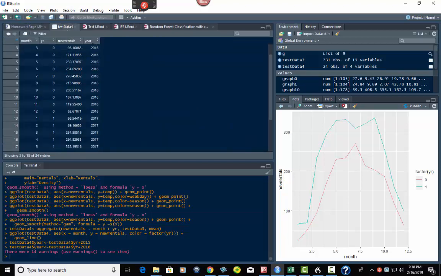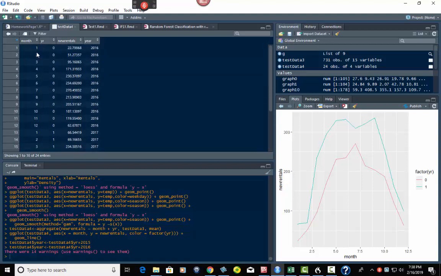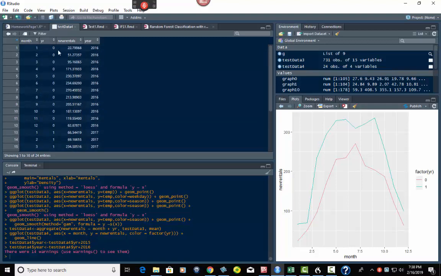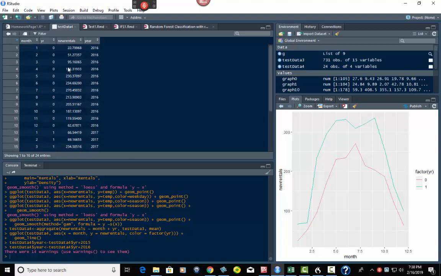Now let's go here. Now we have 2016 and 2017. That's what we need. Okay? So we have all of our months. By aggregating it that way, we have 1 through 12 and 1 through 12 again for both 2016 and then 2017. And we did it by the mean for the month for each of these. So then we go back here,